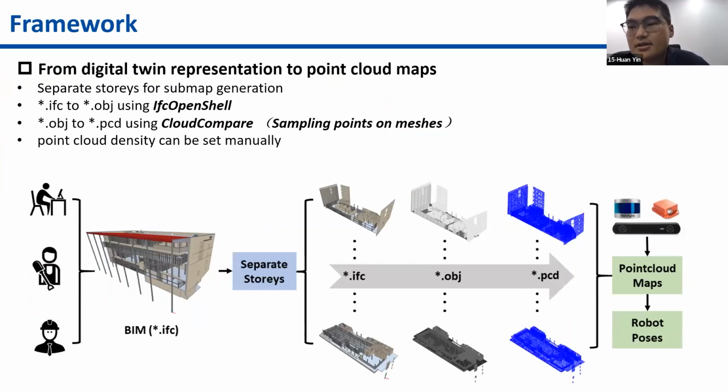So this is the framework of our study. We first convert the digital twin representation BIM to the localization-oriented map, which is a point cloud-based map. Firstly, we separate the floors into submaps, and in each submap, we convert the